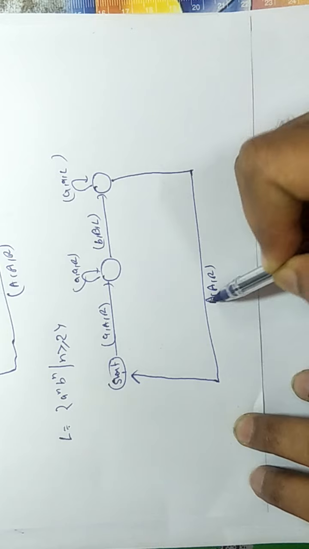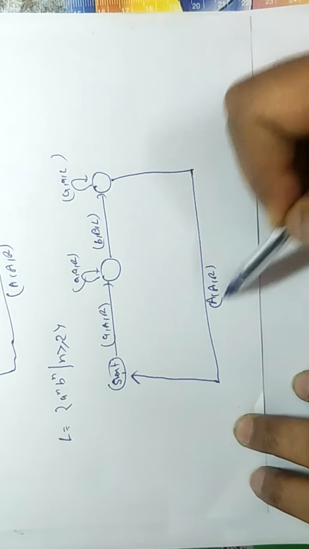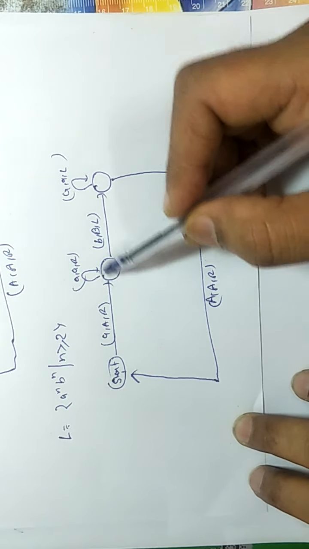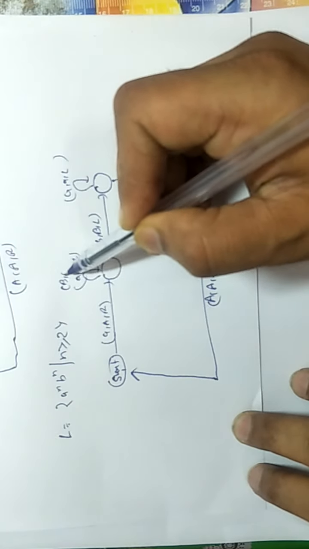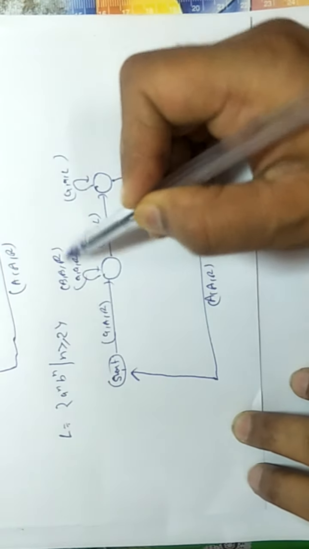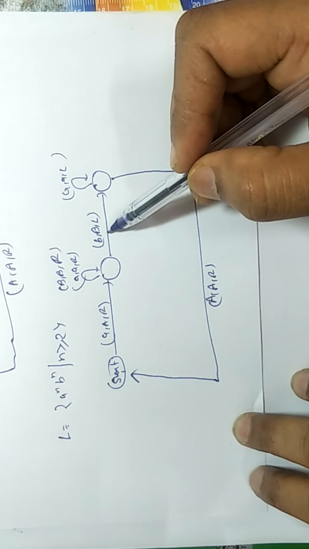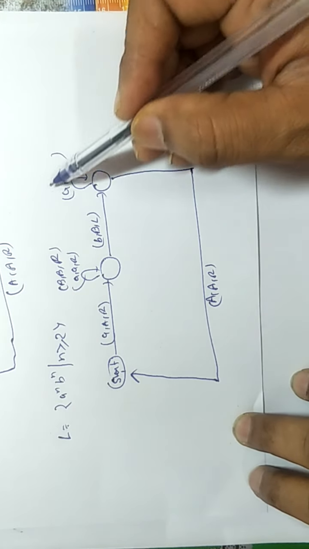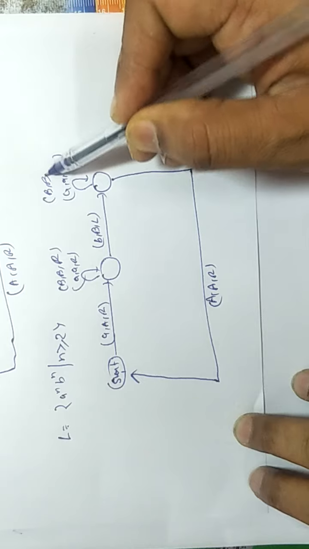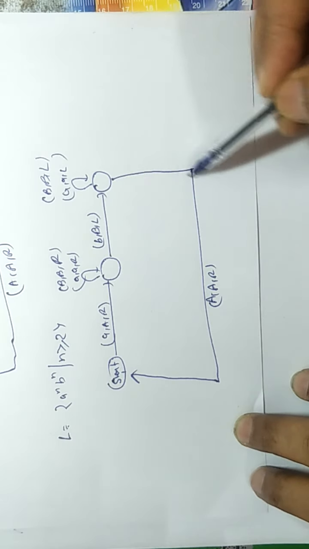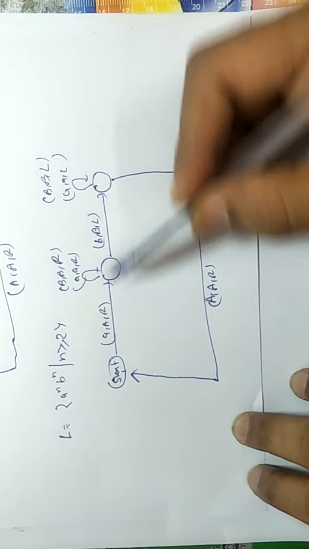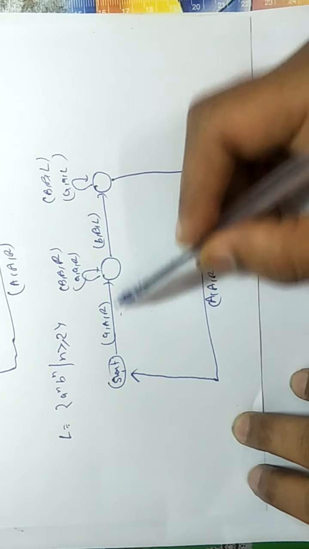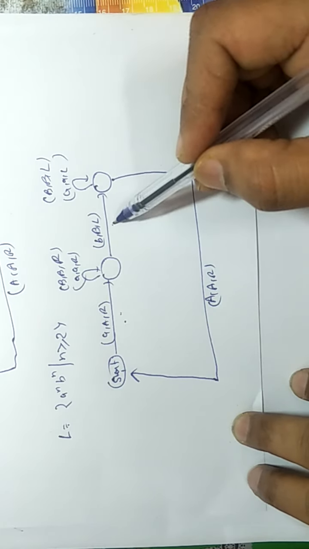You will get small a in the right of this capital A, then you change it, then you will get more small a, then you will get some capital B's, then you will get a small b. When you are coming back, you will get capital B, then small a, then capital A. In this way you will match all A and all B. For every A there is a B, for every A there is a B.